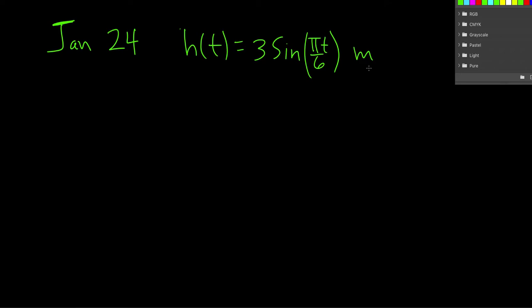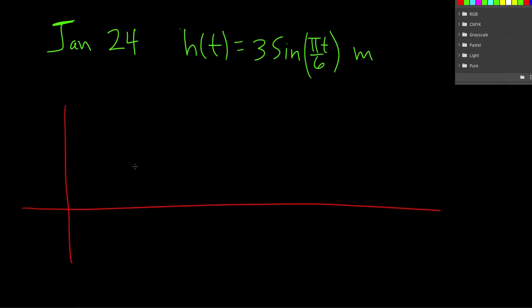So like 1 a.m. is 1 for t, and 2 a.m. is 2, etc. Noon would be 12. Okay, so the first thing they want us to do is graph between 0 and 24. So we're going to draw a graph, and it's a sine function. So we go like this,